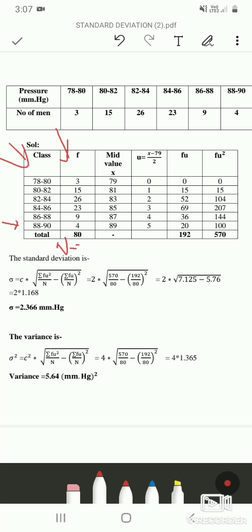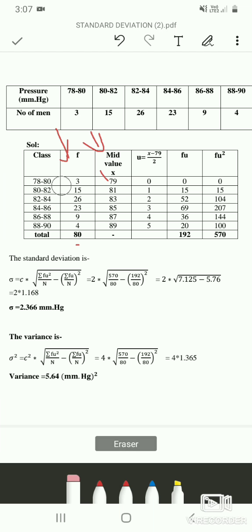Because this is the continuous case, find out the value of x, that is the mid value, which is 78 plus 80 divided by 2, we'll get the value as 79. Similarly calculate mid values for all the classes. Once you get your mid value,